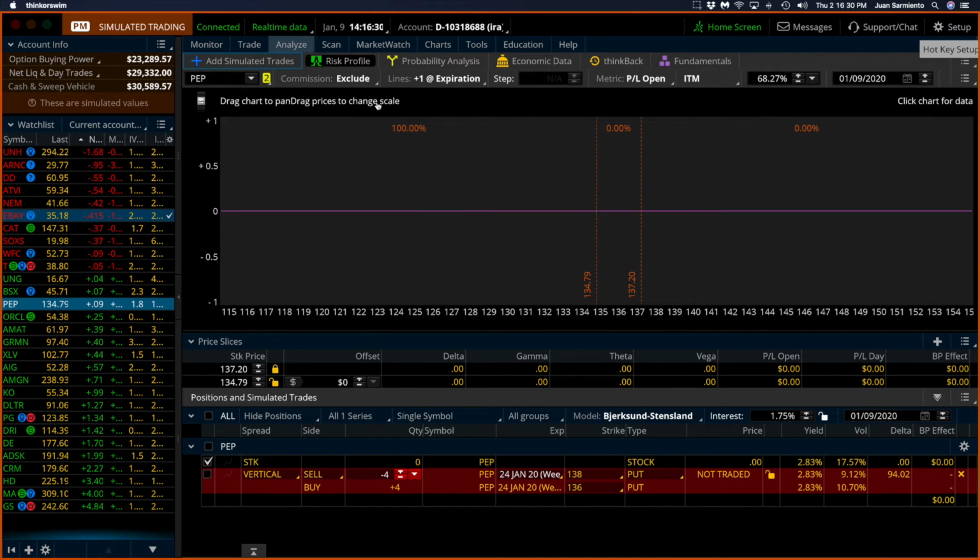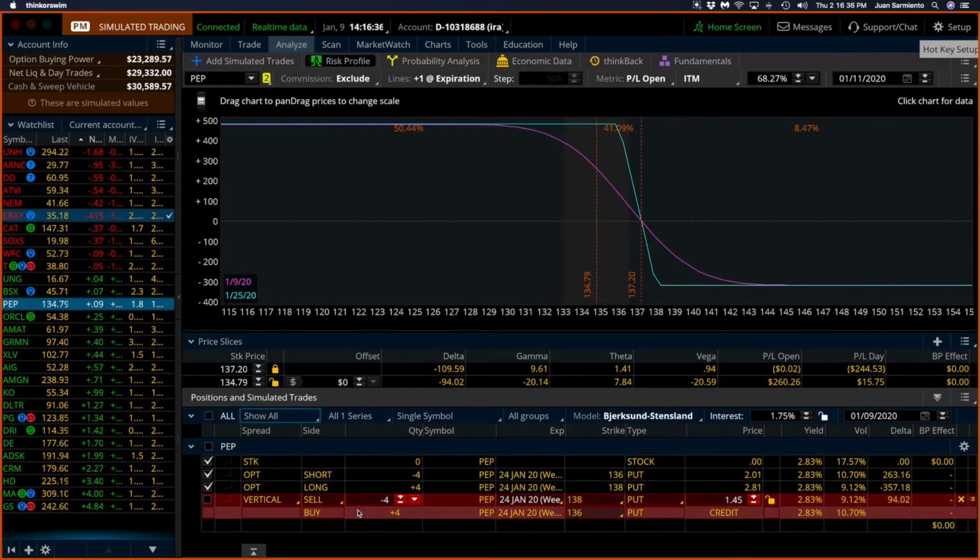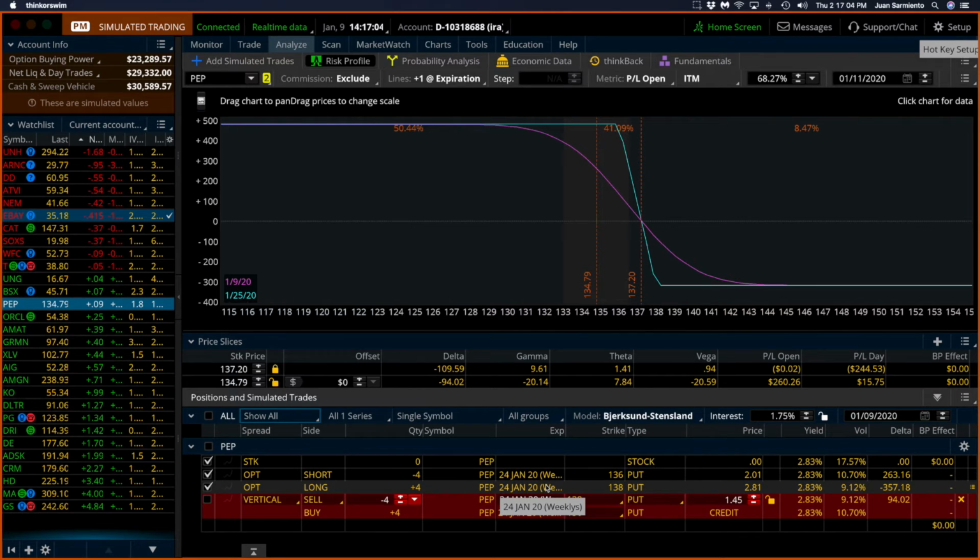Let's go to the Analyze tab and see what it looks like. Obviously, it's a bear put spread, and we are right here. Our potential profit is 480, and we're right now at 261. Okay, so we are almost at 100% profit, but there is a lot of potential profit to be made still if we hold on a little longer. January 24th, so we are 2 weeks away. I'm going to give it a little bit of a chance to give us more money, but I am tempted to exit,